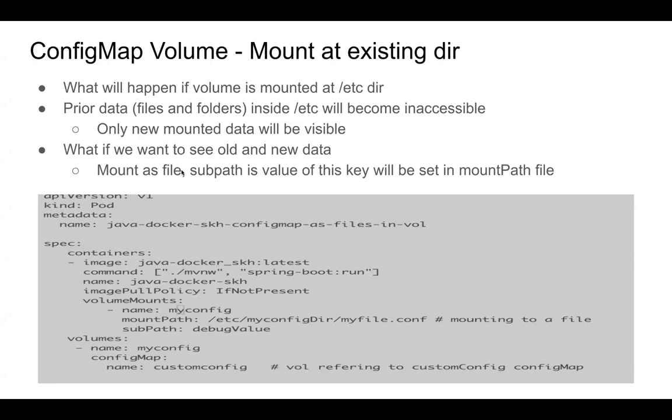What if you want to see older than new data? Mount as a file with subPath is the key. So there is another way. So what another way is,